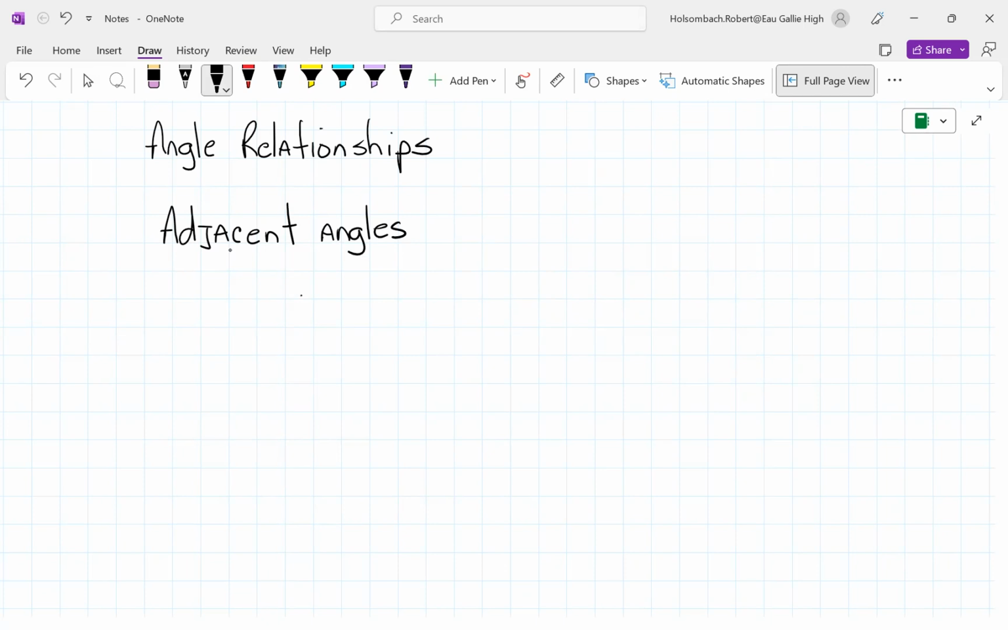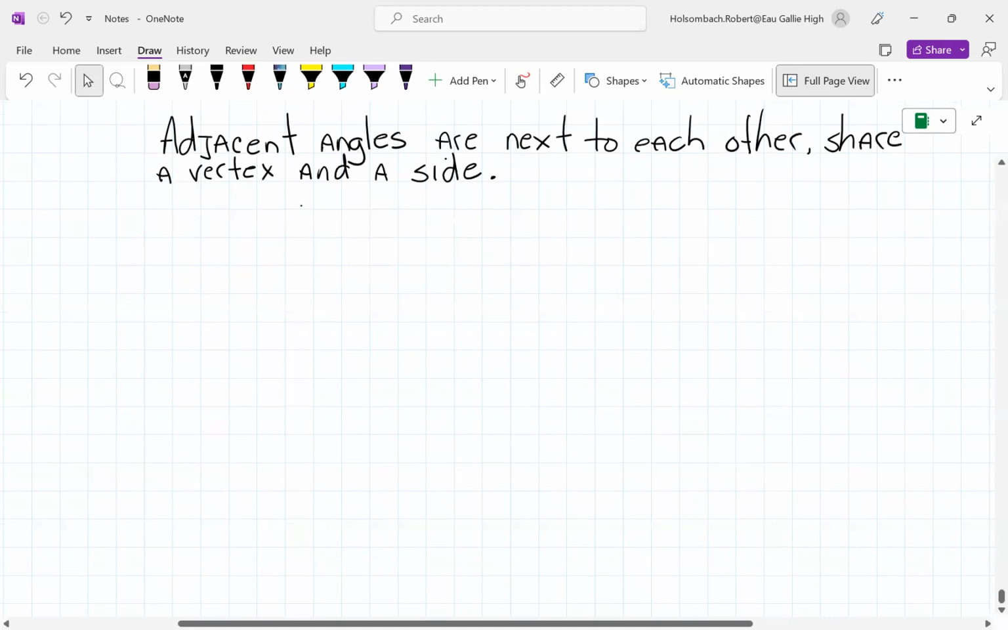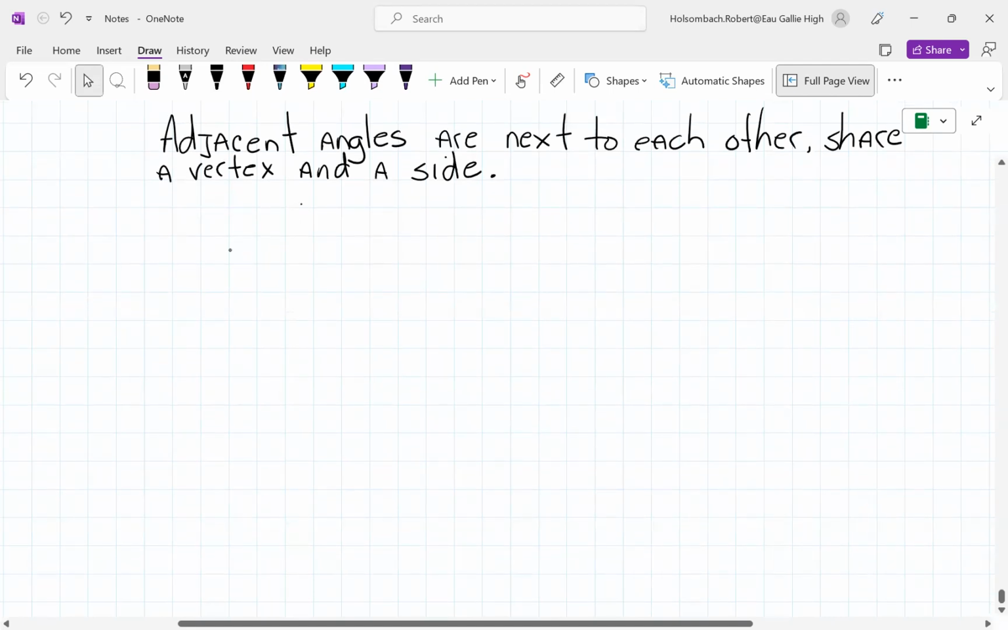And adjacent angles are next to each other. They share a vertex and a side. Adjacent angles. They're next to each other. So if we were to draw adjacent angles,